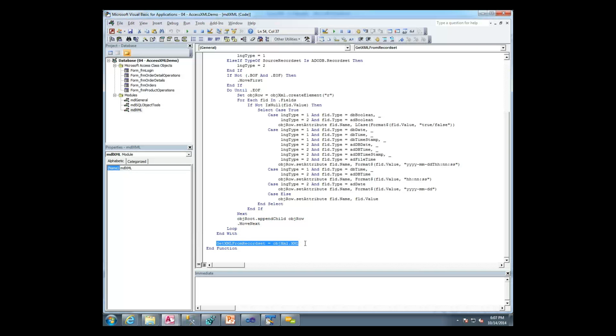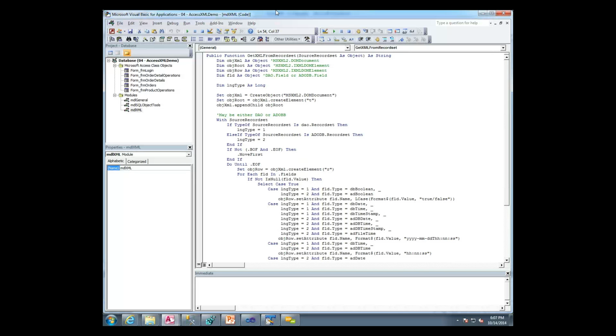Access doesn't have native XML data. We can do the best we can and use string variables because Access can understand both. So it can understand SQL and it can understand string. So if we change it to string, this is what it will look like. So if you call up that function,